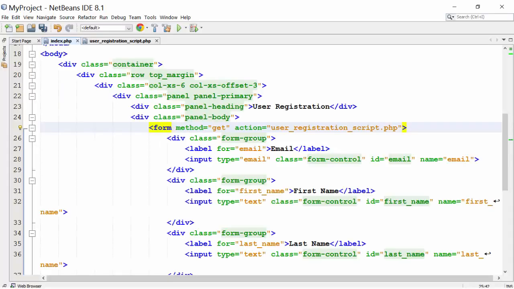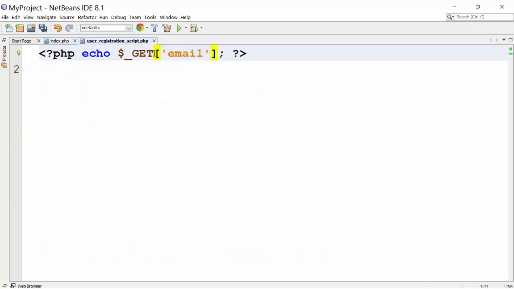To hide the form data in the URL, we use post method. It appends form data inside the body of the HTTP request. It has no limitations and cannot be bookmarked. We never use get method to submit form values from the users. Let us change the get method to post method. Change get to post. Remember, get and post should be in uppercase.